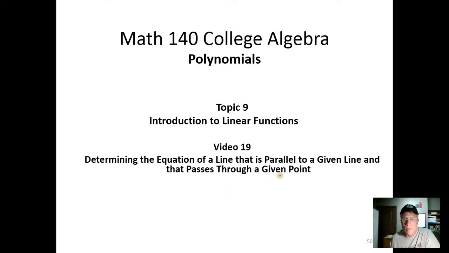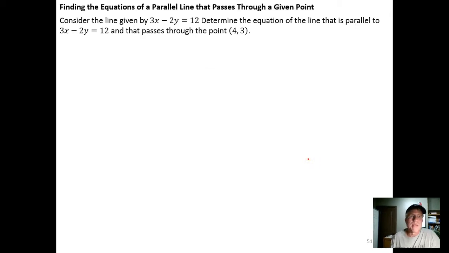So in this video what we're going to do is identify how to find the equation of a line that is parallel to a given line and that passes through a given or specified point. So in this example it says consider the line given by 3x minus 2y equals 12. Determine the equation of another line that is parallel to the original line but that also passes through the point